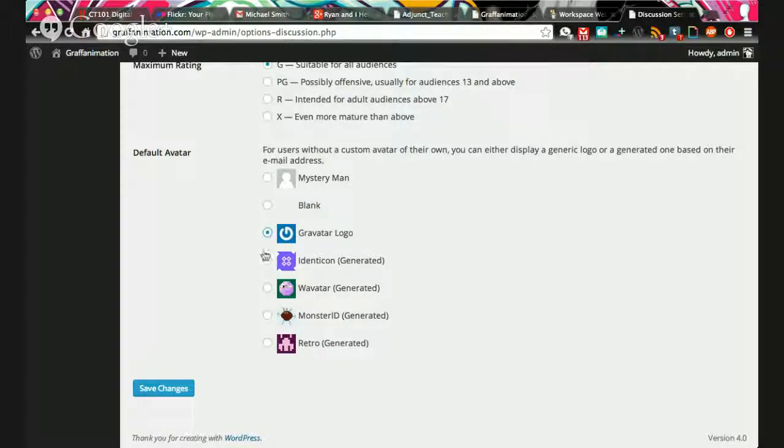And on some of my other sites, I have this also checked off. But I also understand that not everybody has a Gravatar profile, which I would highly recommend because you can use it across the internet, which is really consistent and unifies your content together. But in this case, I'm going to go with the retro option, and I'm just going to click Save Changes at this point,